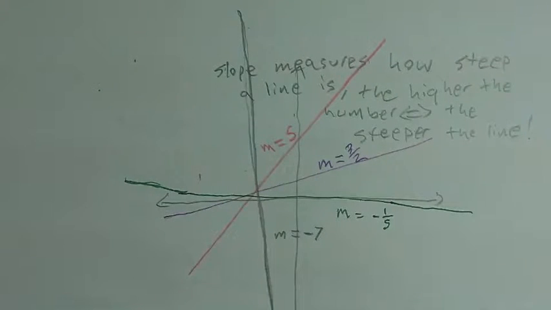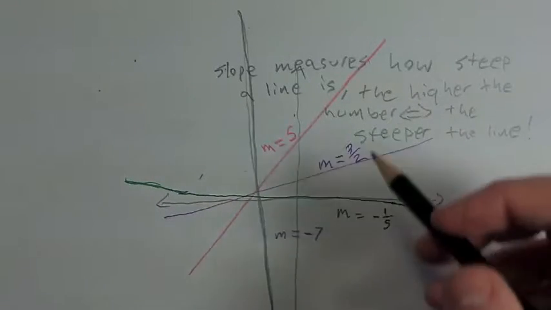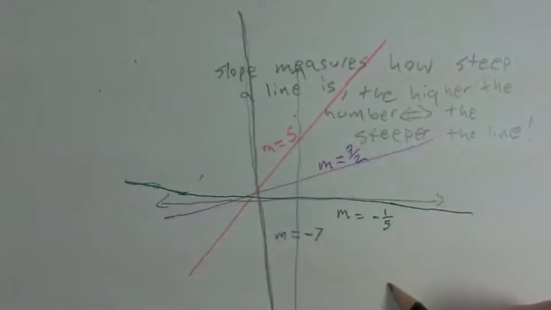Okay, so the positive or negative tells you whether you're increasing or decreasing. In other words, when you're going left to right, are you walking uphill or going downhill? And then the number itself tells you how steep it is, 0 being a horizontal line, and then higher numbers meaning steeper, all the way until a completely vertical line, which is